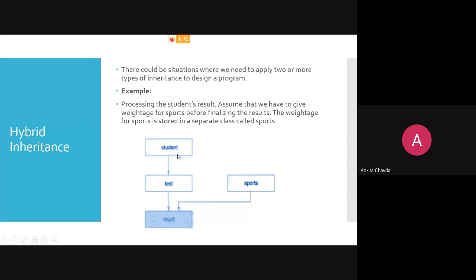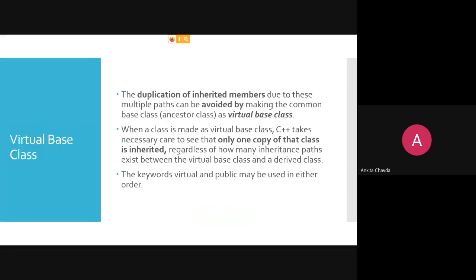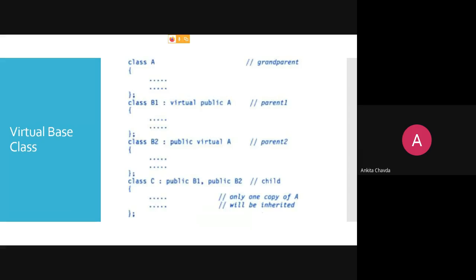So here, from the student class, only test and sports are derived, right? So you will have a copy of student two times, via test and via sports. So you will get the problem, right? That kind of ambiguity, that from the student class you are getting all the things two times in result, via test and via sports, which I want to avoid. Getting the things?